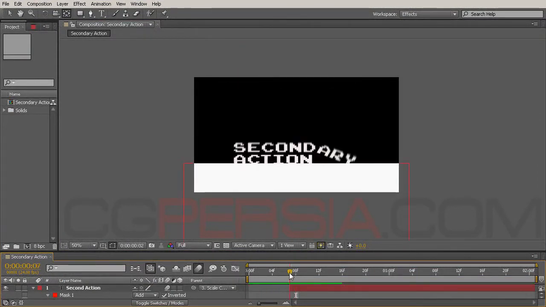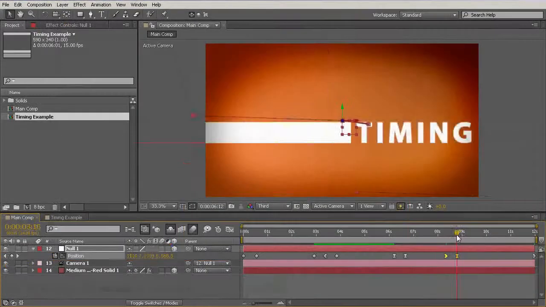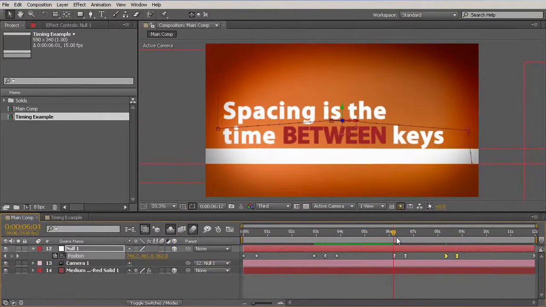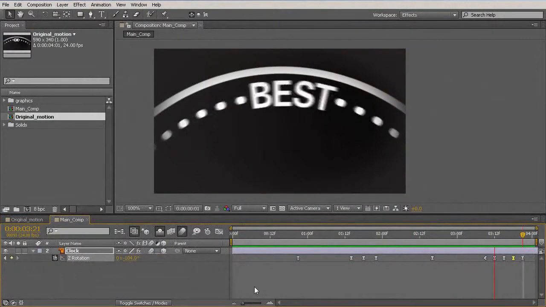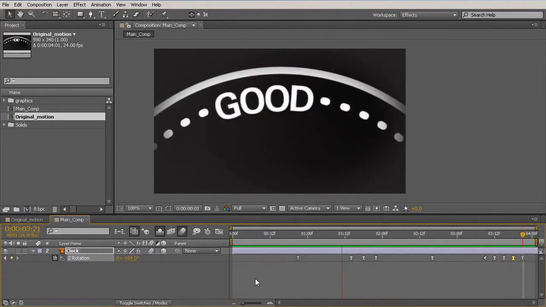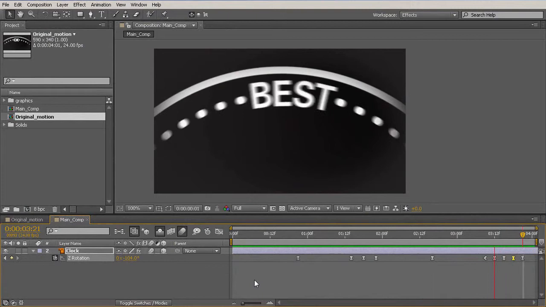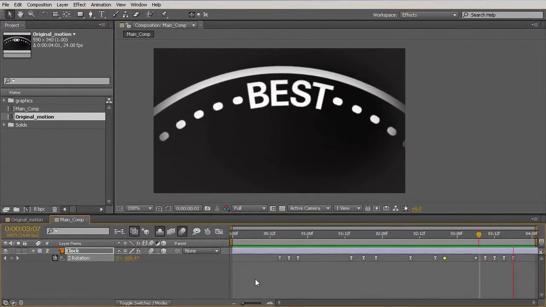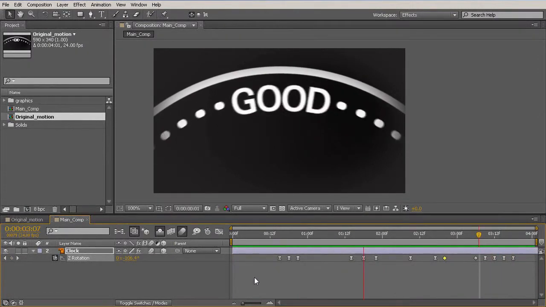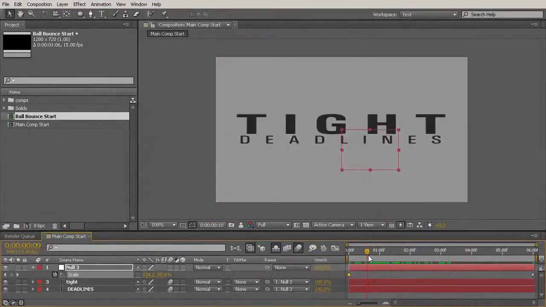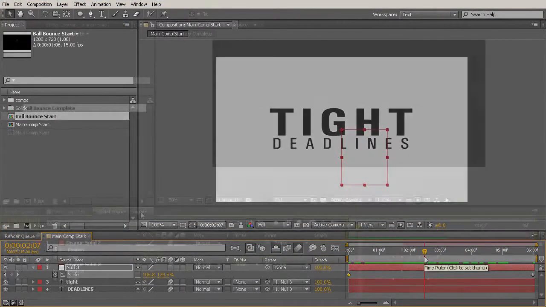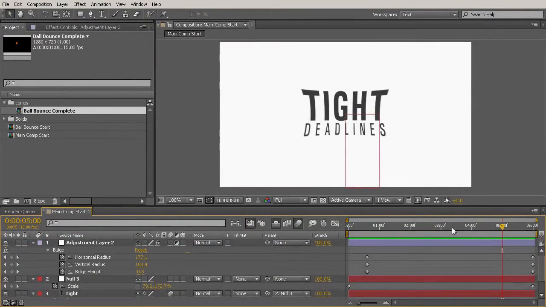Now, it can be many different things, but I always go back and look at the 12 principles, and if something is not appealing to me, I go back and I ask, is the timing good? Are my keyframes set correctly? Do I have enough ease in and ease out? Are my objects moving too quickly or too slowly? Do I have anticipation to let the audience read what's coming up next? Do I have squash and stretch to create a nice dynamic feeling within our movement? Do I have enough exaggeration?